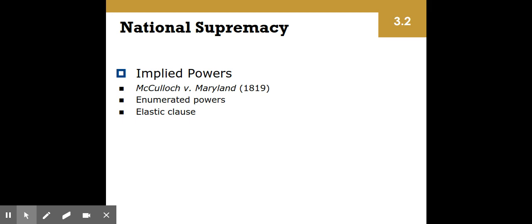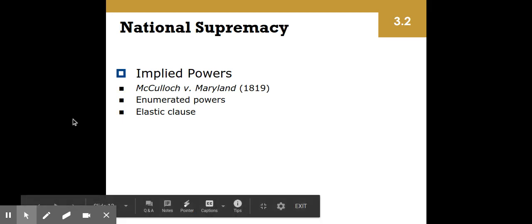It doesn't actually say in the Constitution that they have the power of judicial review, but it does say that they are the highest court in the land. So they are able to use the power of judicial review, even though that isn't specifically spelled out in the Constitution. Or the fact that they ruled in the case of McCulloch versus Maryland that the federal bank at the time, the Bank of the United States, could not be taxed by the state of Maryland because that was a state government and the federal government has national supremacy. Once again, it doesn't talk about banks or how to resolve those differences in the Constitution, but the court ruled in favor of the federal bank.